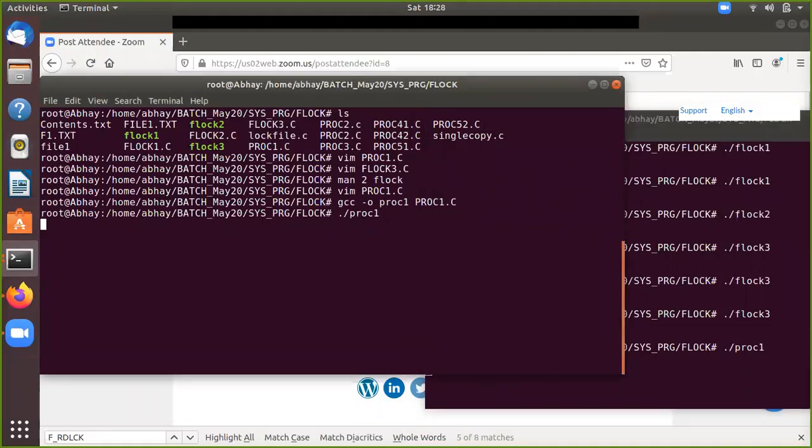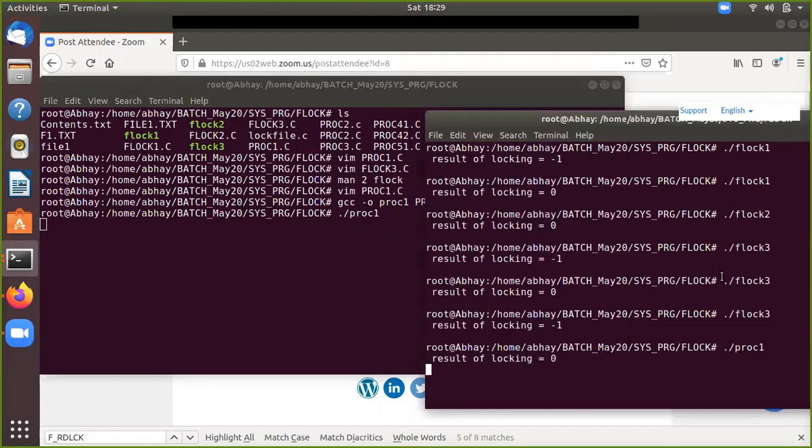It's blocked, right? So it is blocked now. It will be blocked until this one releases the lock, or closes the file descriptor, or terminates. The moment it terminates, this one gets locked and then it will proceed further.